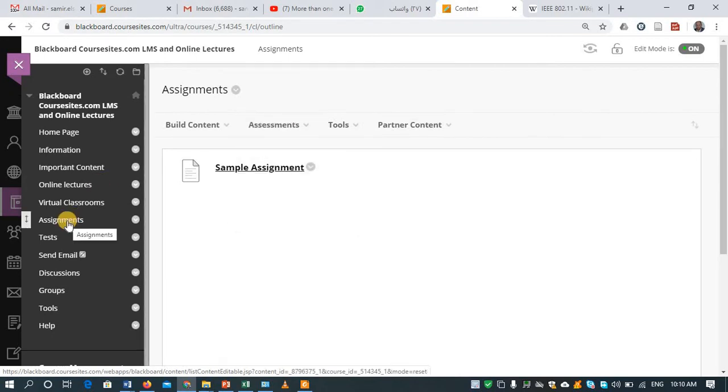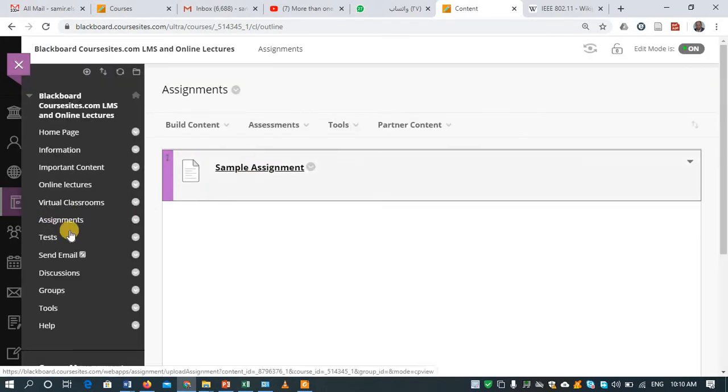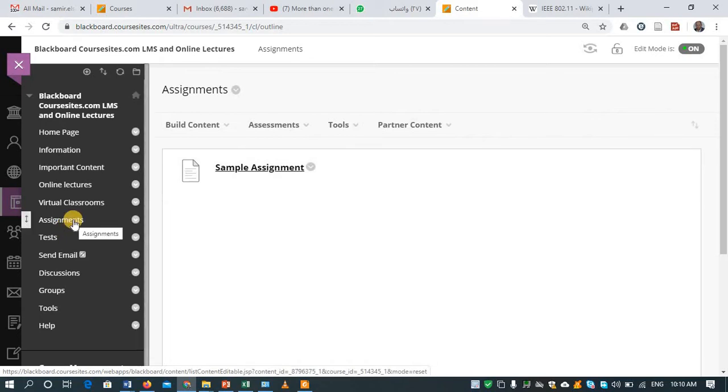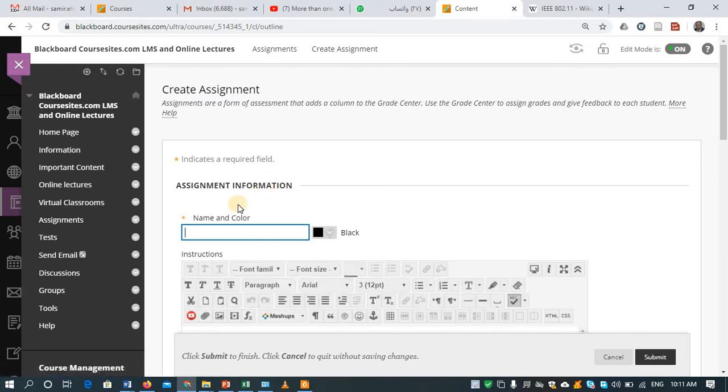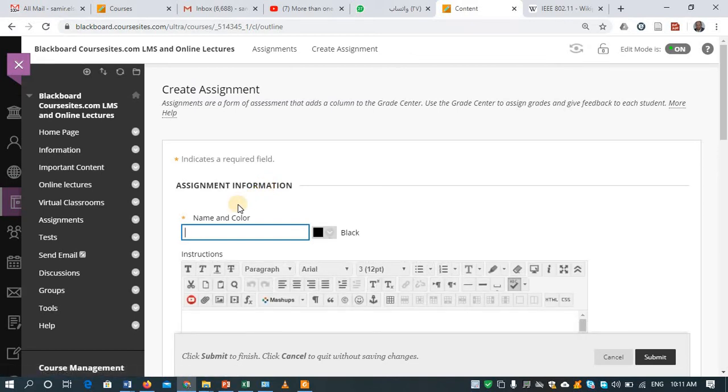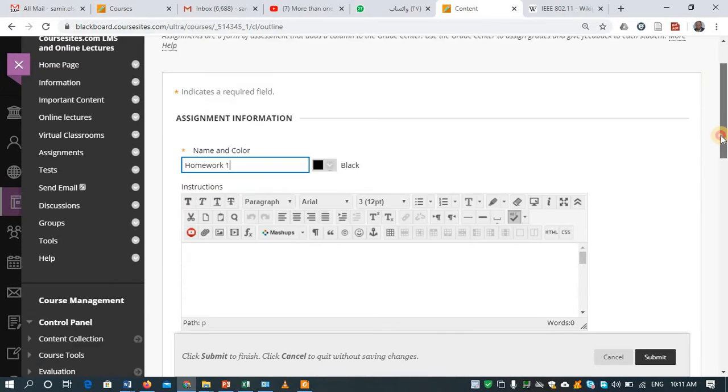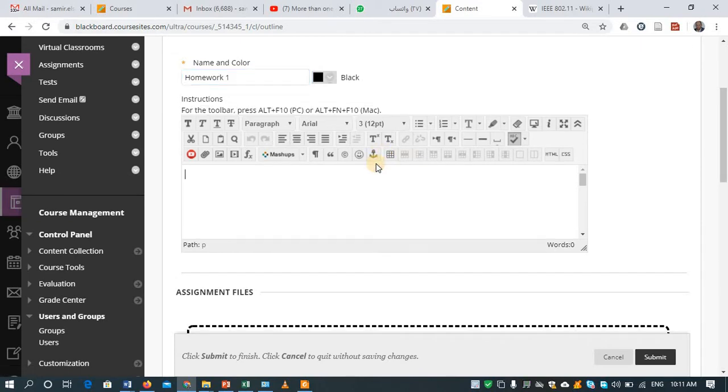Just click on the menu here, where you have the items or the content area that you have created, and go to assignments and then click on assignments. Give a title for the assignment, for example homework number 1 or quiz 1, whatever you like, and write the instruction. Please write something for this,